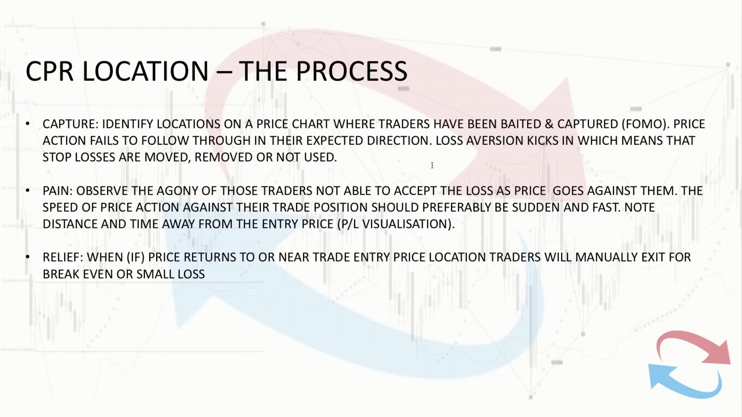So price action fails to follow through in their expected direction, and loss aversion kicks in, which means that stop losses are moved, removed, or not used. So the capture phase would look something like this, where you have a sharp move up, right? And you might have seen some bullish price action, like we indicated before, and we know that FOMO traders seeing this move up would have entered on at least some sort of candlestick or whatever